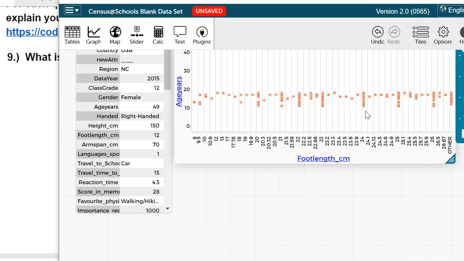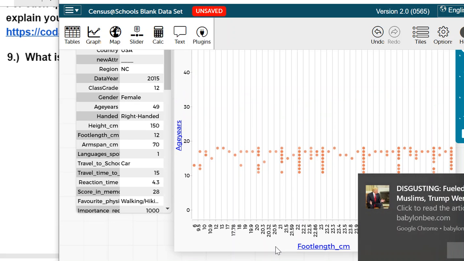You've got all sorts of people that when you ask them how long their foot is and they break out the ruler, they're going to give you a round number. They're not going to give you 23.5. Somebody did. Somebody's trying to be hyper accurate, but most everybody is willing to go with a whole number. So you'll notice that a lot of these are clumps like that. And even if you drag this down that way,